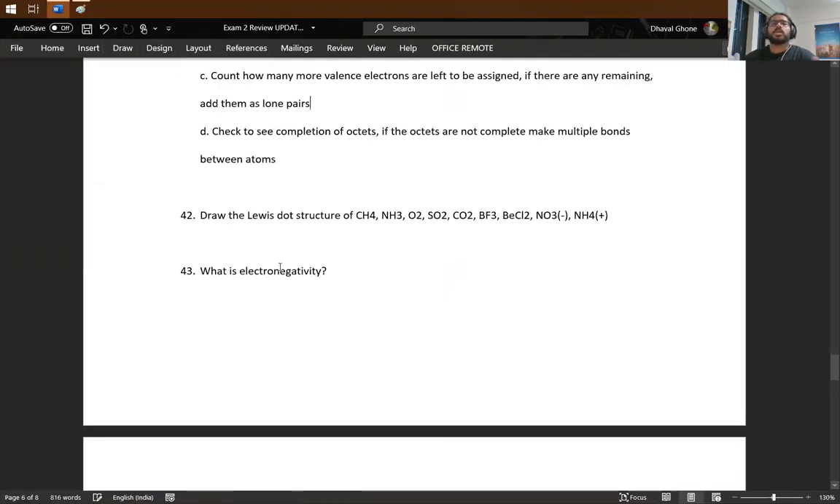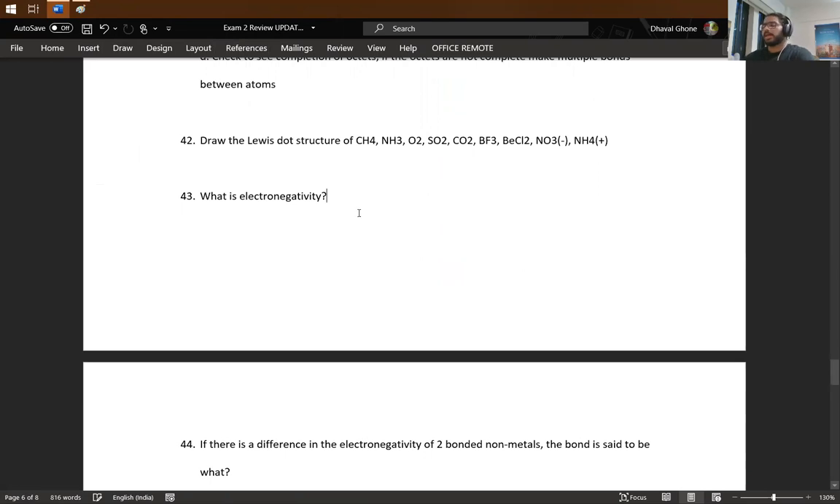topic, which is what is electronegativity. And so I can say electronegativity is the tendency of an element to pull electrons, or you can say attract electrons towards itself. Okay, and so this comes in play mostly when you have covalent bonds, because in a covalent bond, for